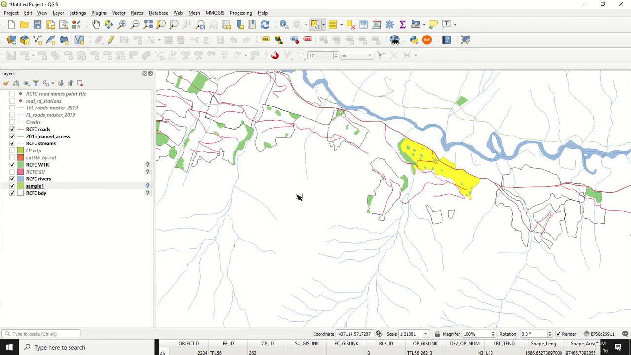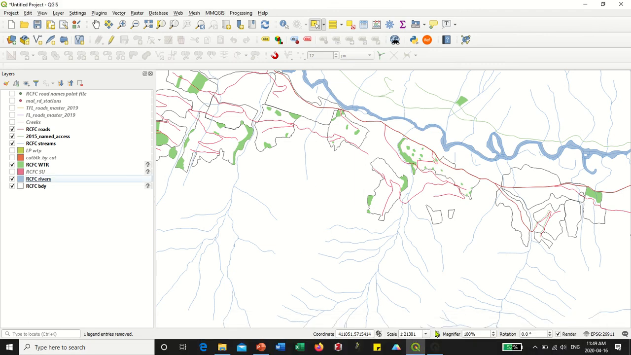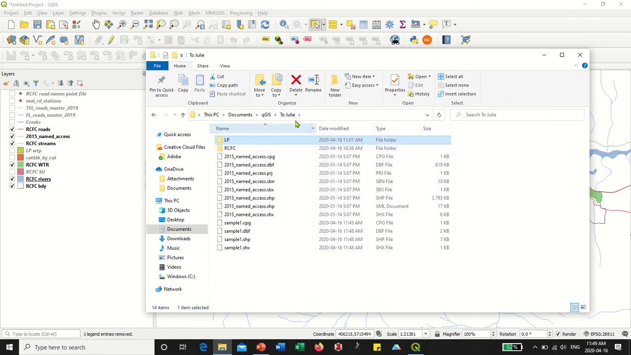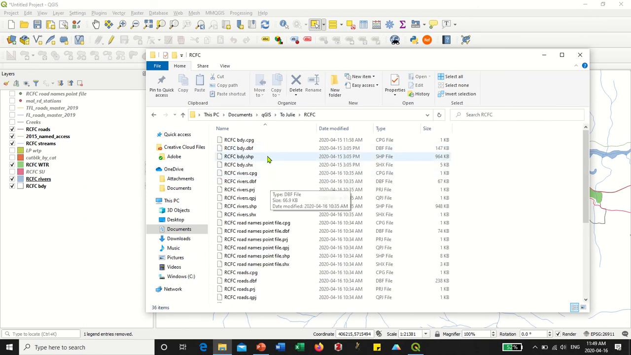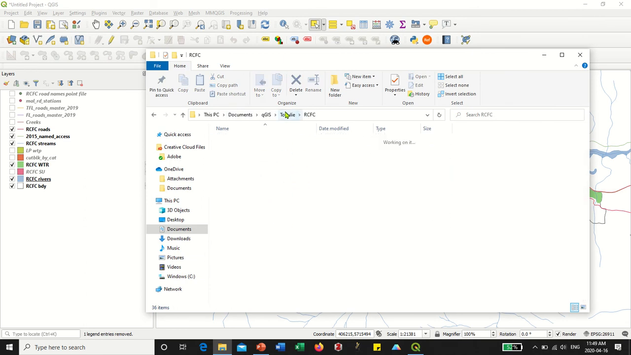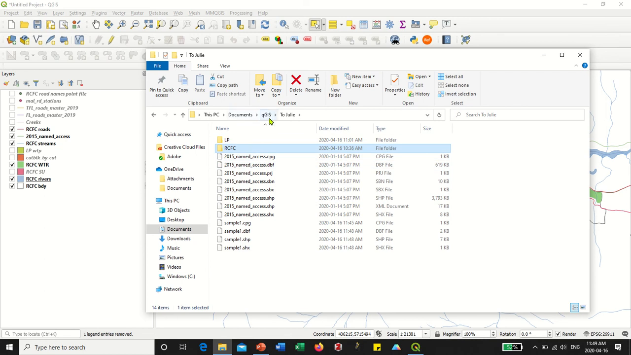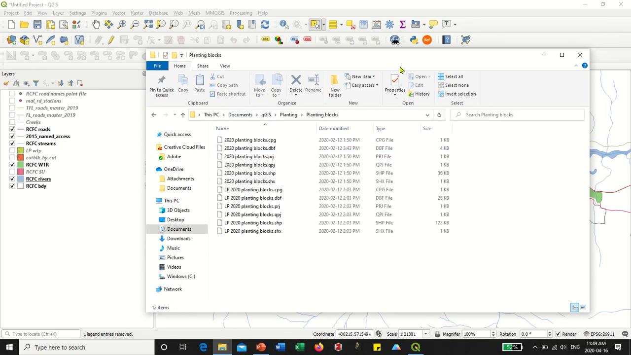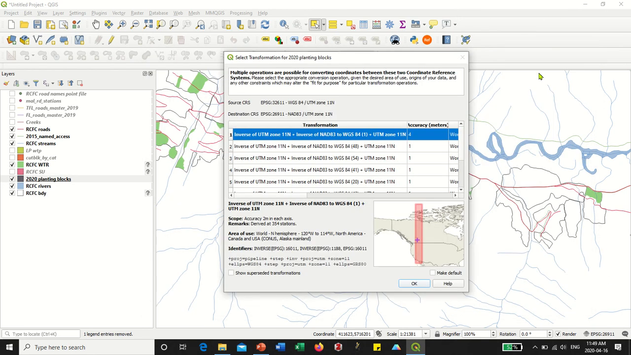So I've actually already made a shapefile that has some of the planting shapes. So I'm going to just open that attribute table. I'd recommend double checking my work and also trying it yourself to kind of get the hang of it. But so if I add this shapefile here,